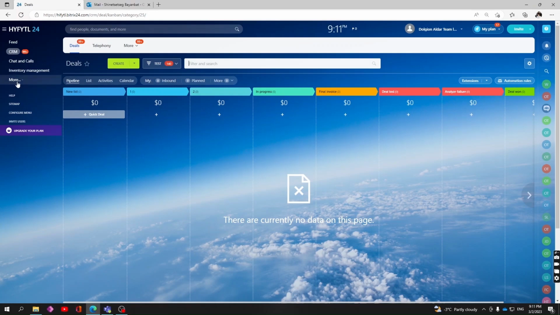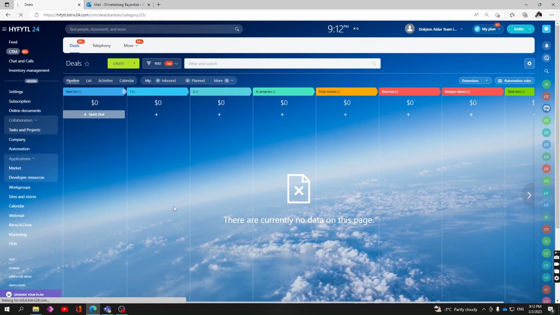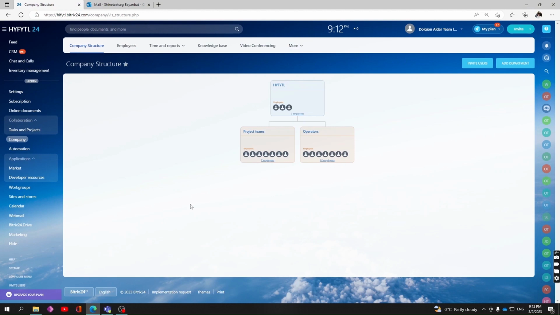On this project, click the More button on the left corner of the screen and select the company menu to create the company structure. As shown on the screen, you can see the template of the company structure of the Hi-Fi project. In the main section, the admins or people with full access to the project